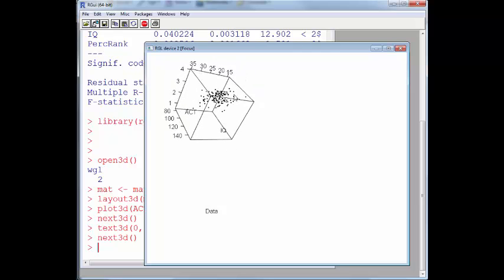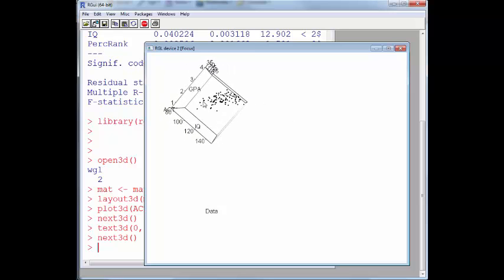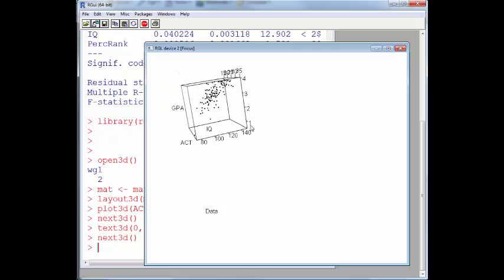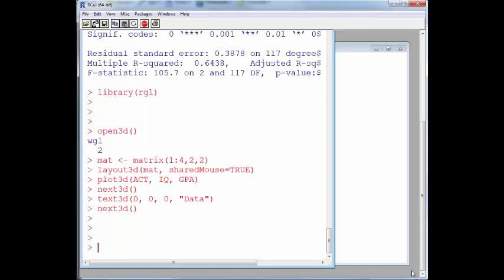If you look at the data this way, you can see how a plane might slice right through those data points, going down through that way. And so maybe that's how that model would work. So next, let's make a model where we plot the output of that ACT and IQ model,